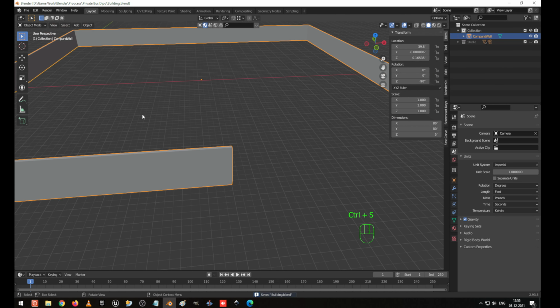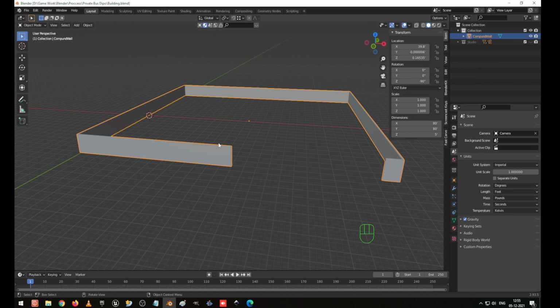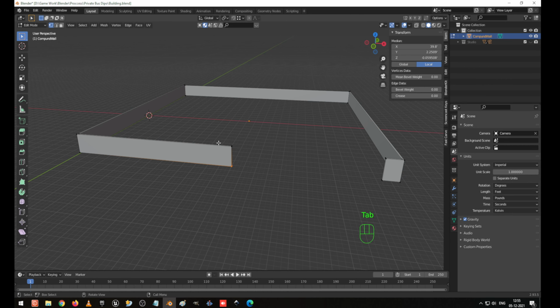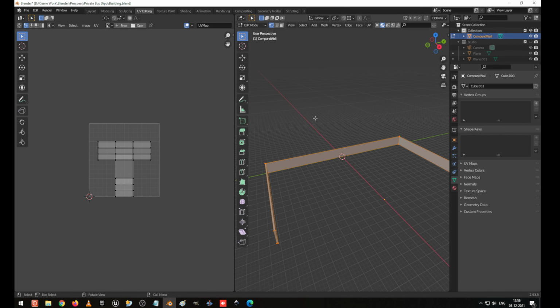So we have to unwrap this, which we can do very easily. Go to object, go to the UV editing, select everything and U to smart UV project, 0.0020, and I press OK.